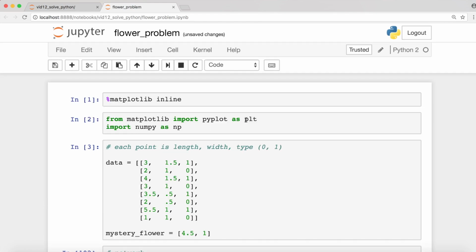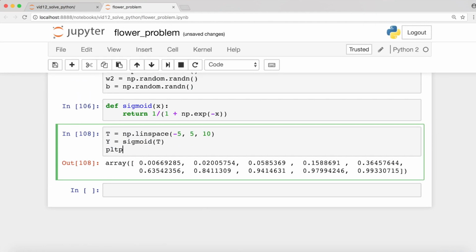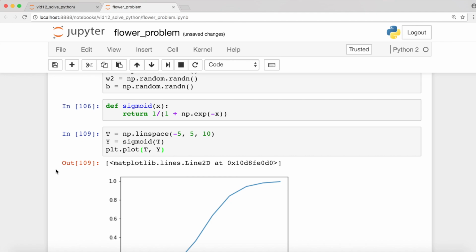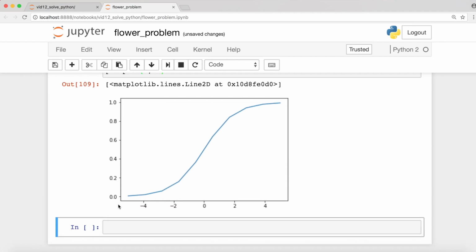So remember, we imported pyplot as plt from matplotlib, so we can say plt.plot, and then the x's are our t, and the y's are our y. I don't know why I use t here. You could use a big X. You could call this variable anything you want, but we can plot that, and there's our sigmoid function, which is